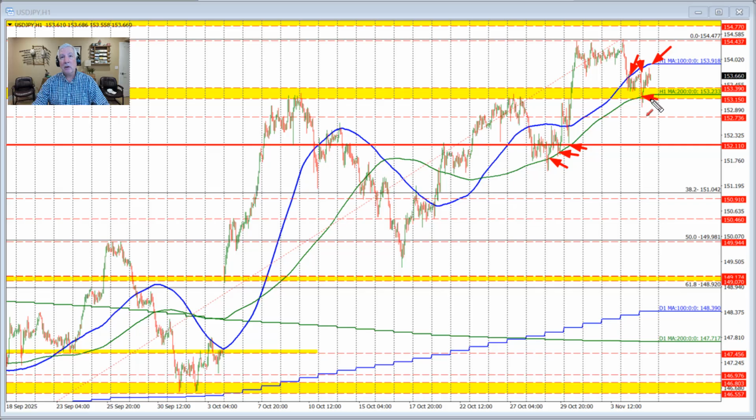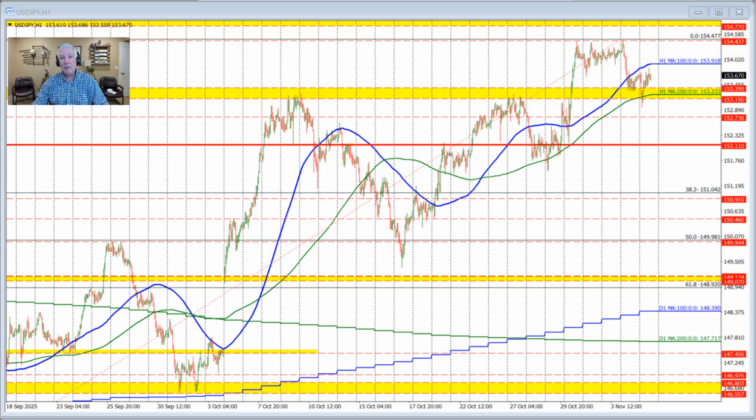Keep that momentum going. If you're more bullish, if you bought this break back above this level, you're sitting pretty for that idea. If you want to continue the dollar going higher theme. Alternatively, if you think that the dollar has reached its peak with these 1, 2, 3 highs up here, then this is the area to lean against to push the price down. But we do need to get below that 200-hour moving average and stay below that level to open the door